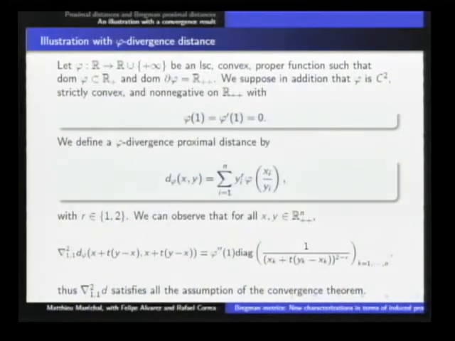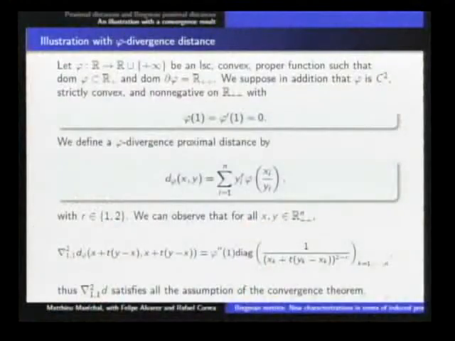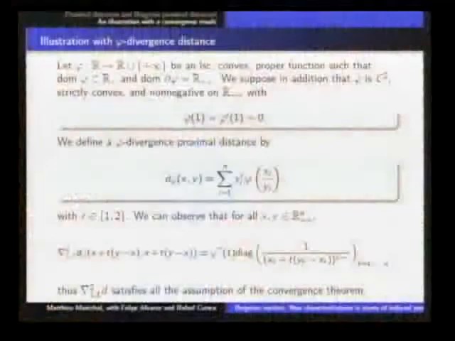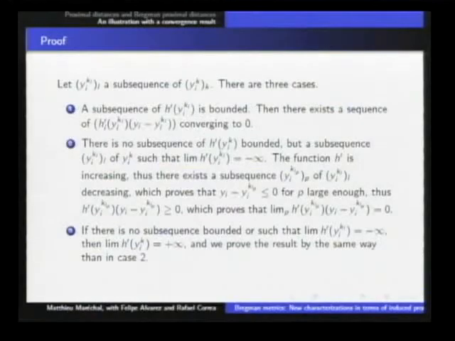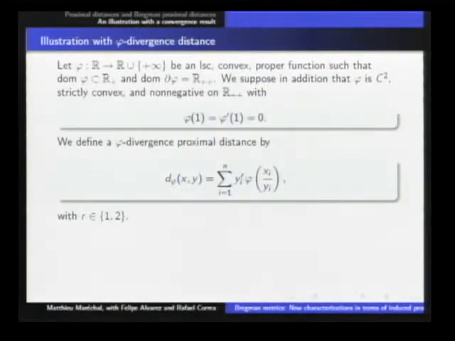Now, a future work could be to try to apply this result to variational inequalities. Proximal algorithms for variational inequalities can be studied in a Hilbert space, because the results on the characterization of the Bregman distance are true in Banach space. There is no restriction on the space. The last results here were for infinite dimension, but that was just an illustration. After, we can apply it in a larger case.